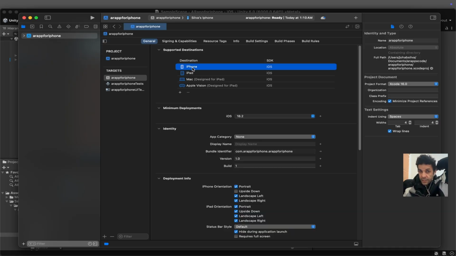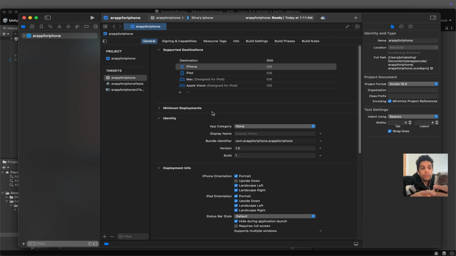The destination is an iPhone. I need to select here because when I build this application, I want the app to go straight to the iPhone. So minimum deployment is iOS 18, and I need a 16.6. I need to look at my iPhone, and for that, the version,